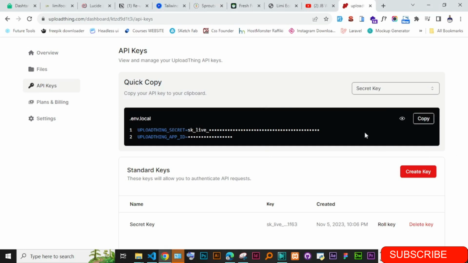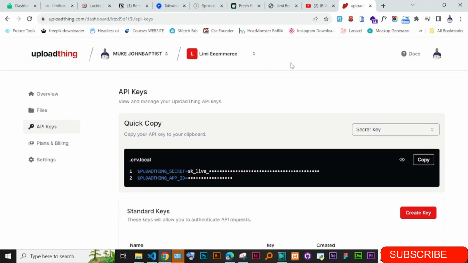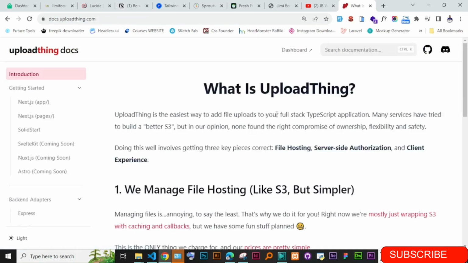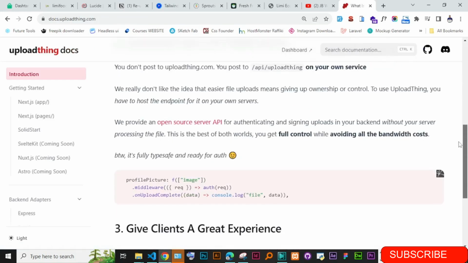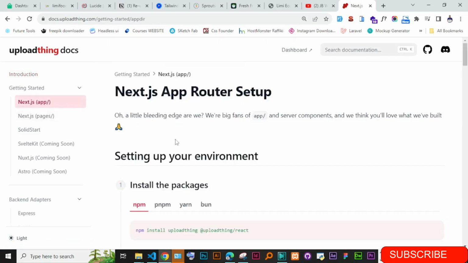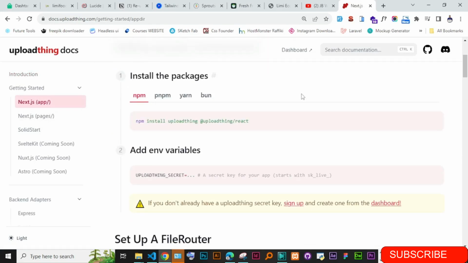head to the documentation. So just in the corner here there is documentation. Just click on this documentation, and the first thing is choose here getting started. You can see here they have other places they are putting. They already have Solidity and others, but Next.js, click on Next.js app router, and then the first thing is the installation. So click copy this,